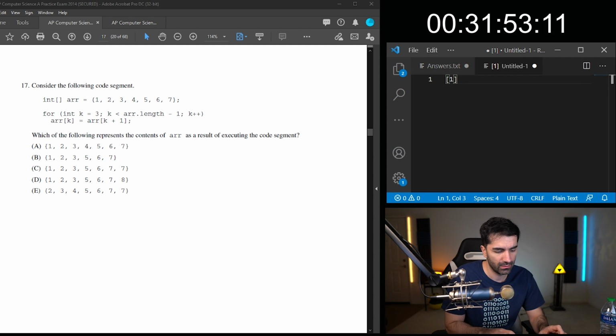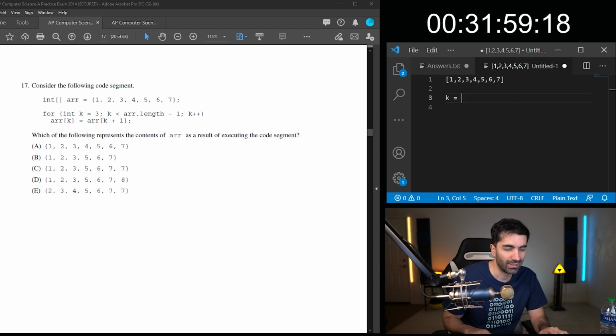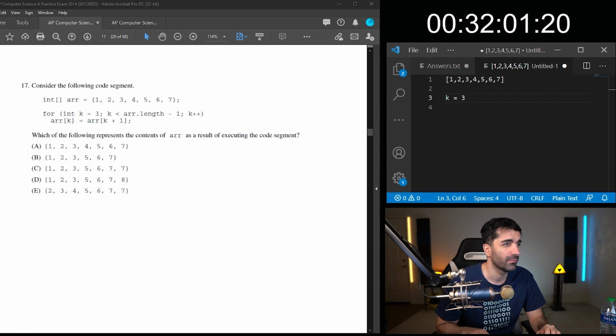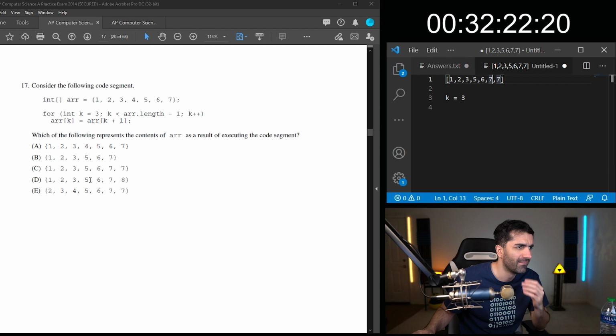So we have 1, 2, 3, 4, 5, 6, 7. K equals 3. So you're going to set array k, so 0, 1, 2, 3, the 4, you're going to set it to array k plus 1. So this is now going to be a 5. This one's going to be a 6. That's going to be a 7.